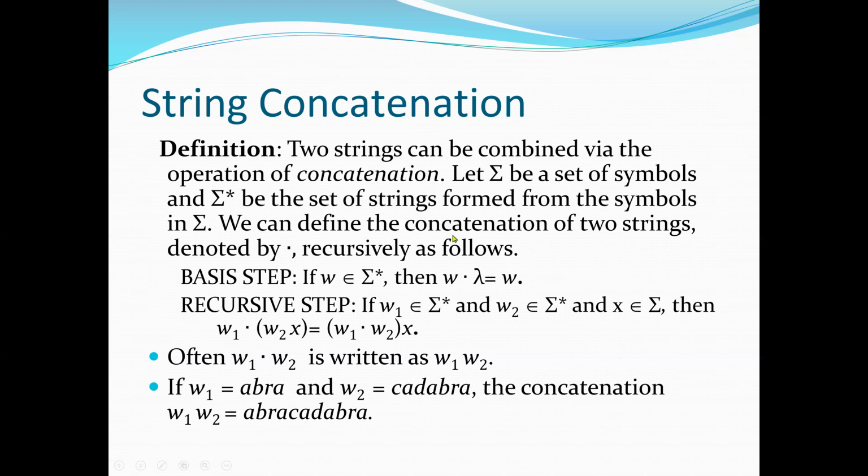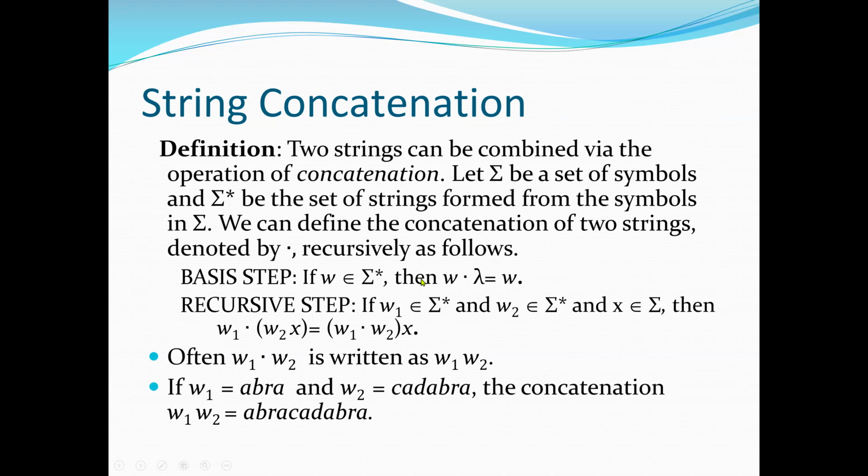So if we let summation be the set of symbols and summation star be the set of strings formed from the symbols, here we can define the combination of two strings, denoted by a period here,